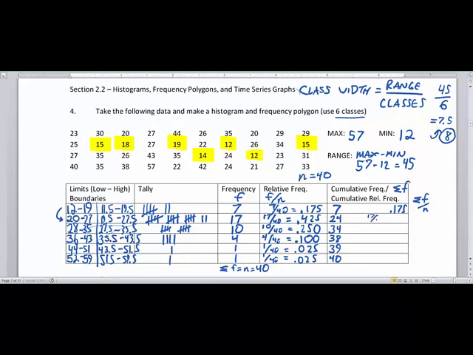This is going to be 24 divided by 40, and 24 divided by 40 is 0.6, or 600 thousandths. This is going to be 34 divided by 40, and 34 divided by 40 is